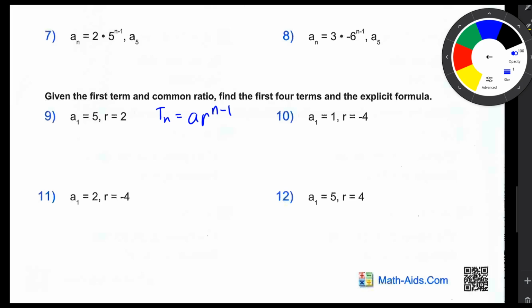Okay, so we just replace our A and R with 5 and 2, and we're left with Tn equals 5 times 2